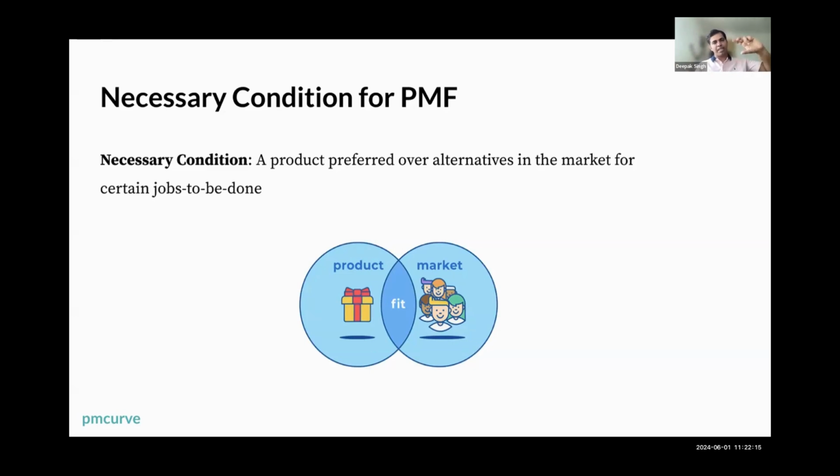Over the years, it moved from just being a cheaper alternative to a cheaper and better alternative by saying that we will connect you to locals. You'll get to know about the local markets. You'll get a breakfast with it and all that, right? So they improved the product over time and they got a better PMF. Now people, in fact, sometimes prefer it. I actually prefer Airbnbs over hotels because it's more open. I can sometimes get a house just for myself and my family, and it's a lot better than hotels in that case. So the necessary condition is a product preferred over alternatives in the market for certain jobs to be done.